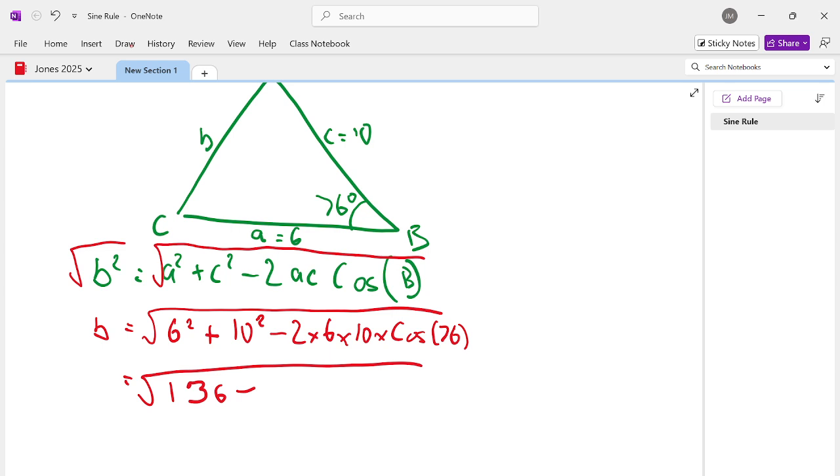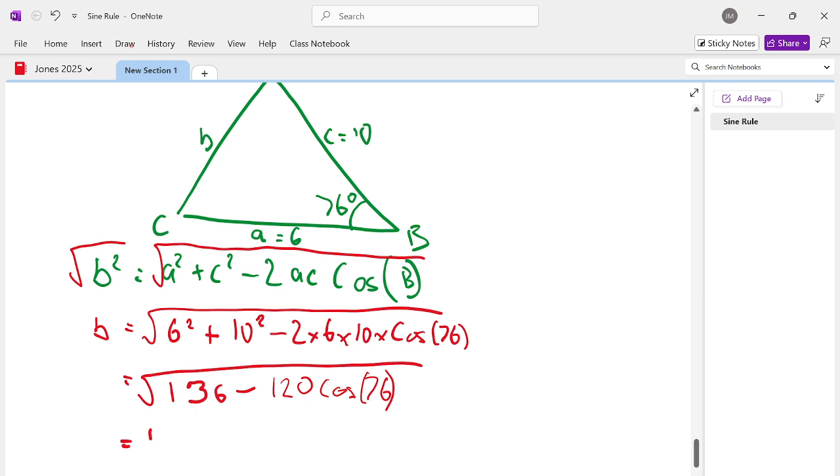I'm just going to say 2 times 6 is 12, times 10 is 120, cos 76. That just makes it a bit simpler for me to put into my calculator, make sure I don't make a mistake. So square root of 136 minus 120 times the cosine of 76 equals